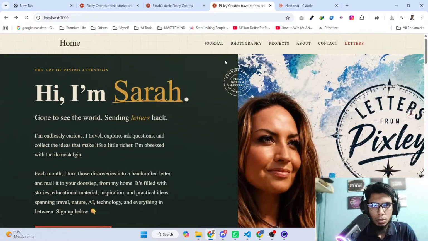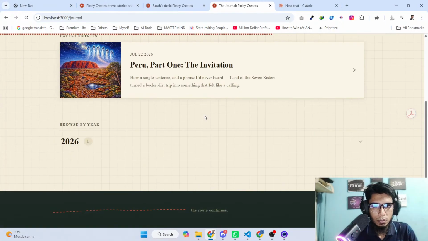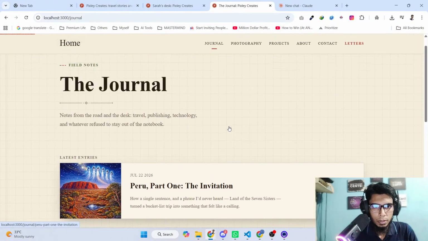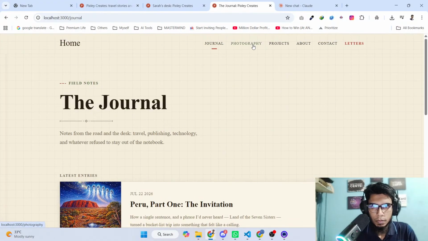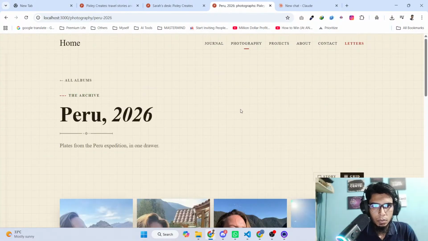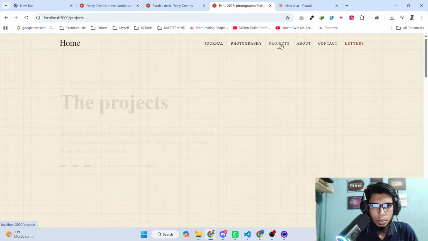All right, so all the pages, the journal pics look good. For the photography, from this one, it looks good as well. For the project,